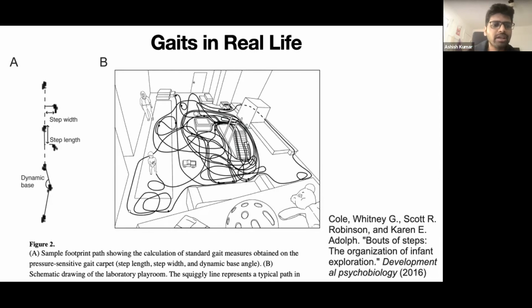So on the left part of the image, you see the step width, length, periodicity. All of these are used to define a gait. But on the right, what you see is the path that a baby takes when you let the baby walk freely in a room. The baby starts and stops arbitrarily and violates several periodicity assumptions. So this is definitely true, but this is not the complete picture,